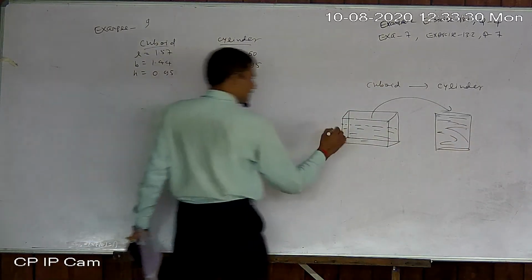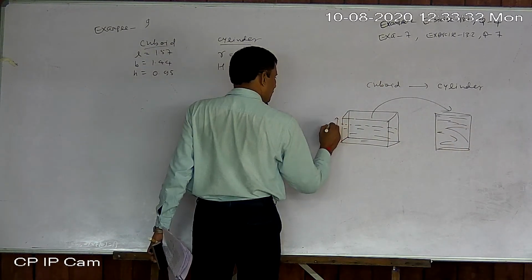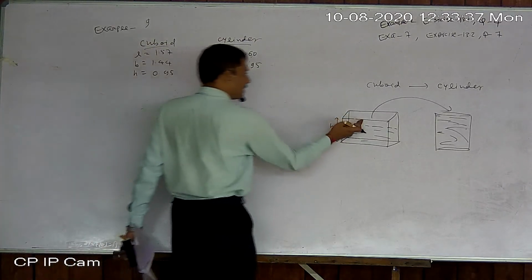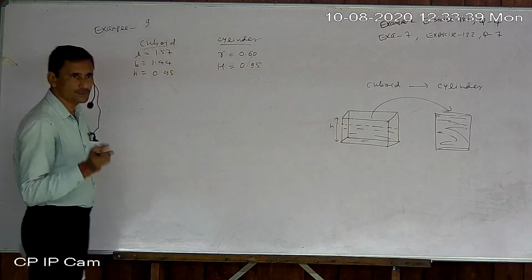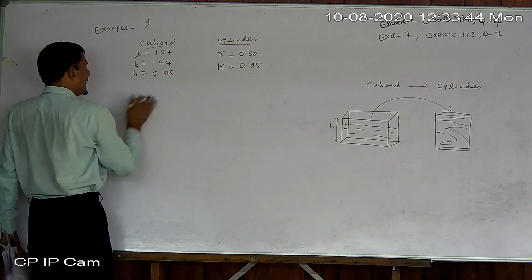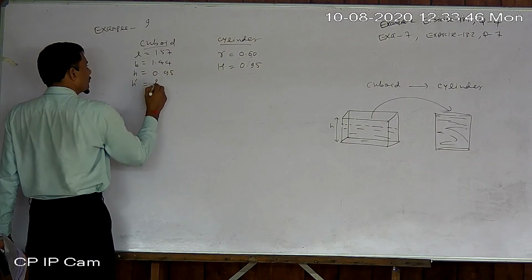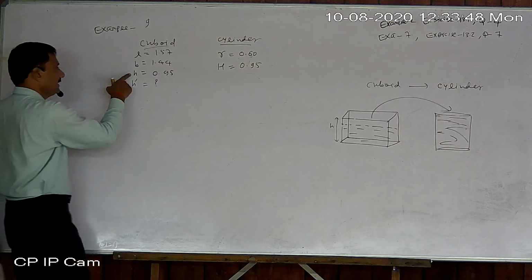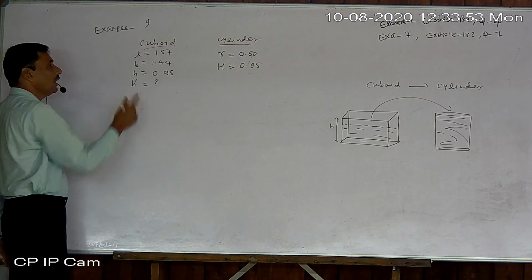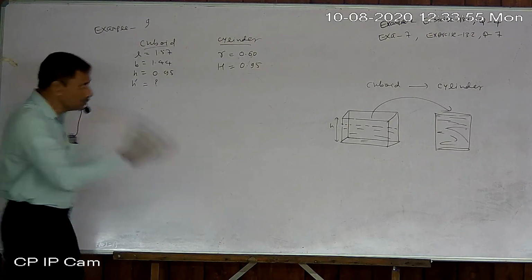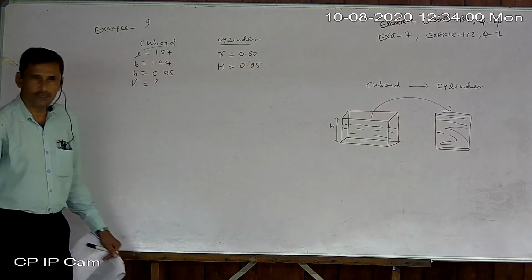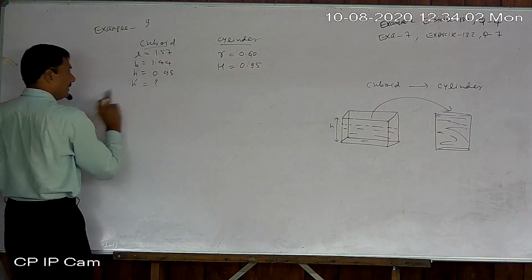So we assign the symbol H to the whole height of the sump. It was completely filled before, but now it is not completely filled after the tank is filled. So now we have to find that height. This is the full height. That is not useful now, because first of all we have to find how much height is used to fill this cylindrical tank. So now you have to compare that way.